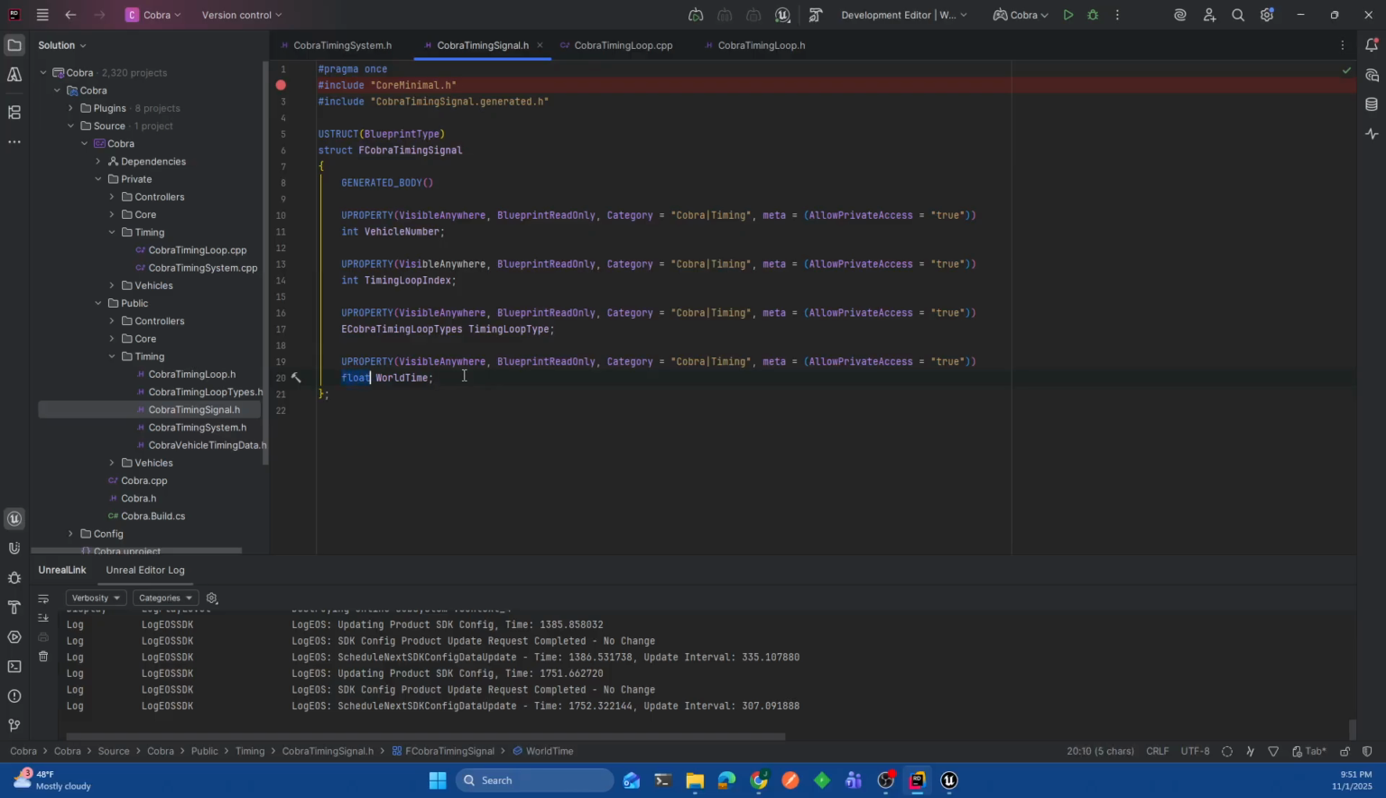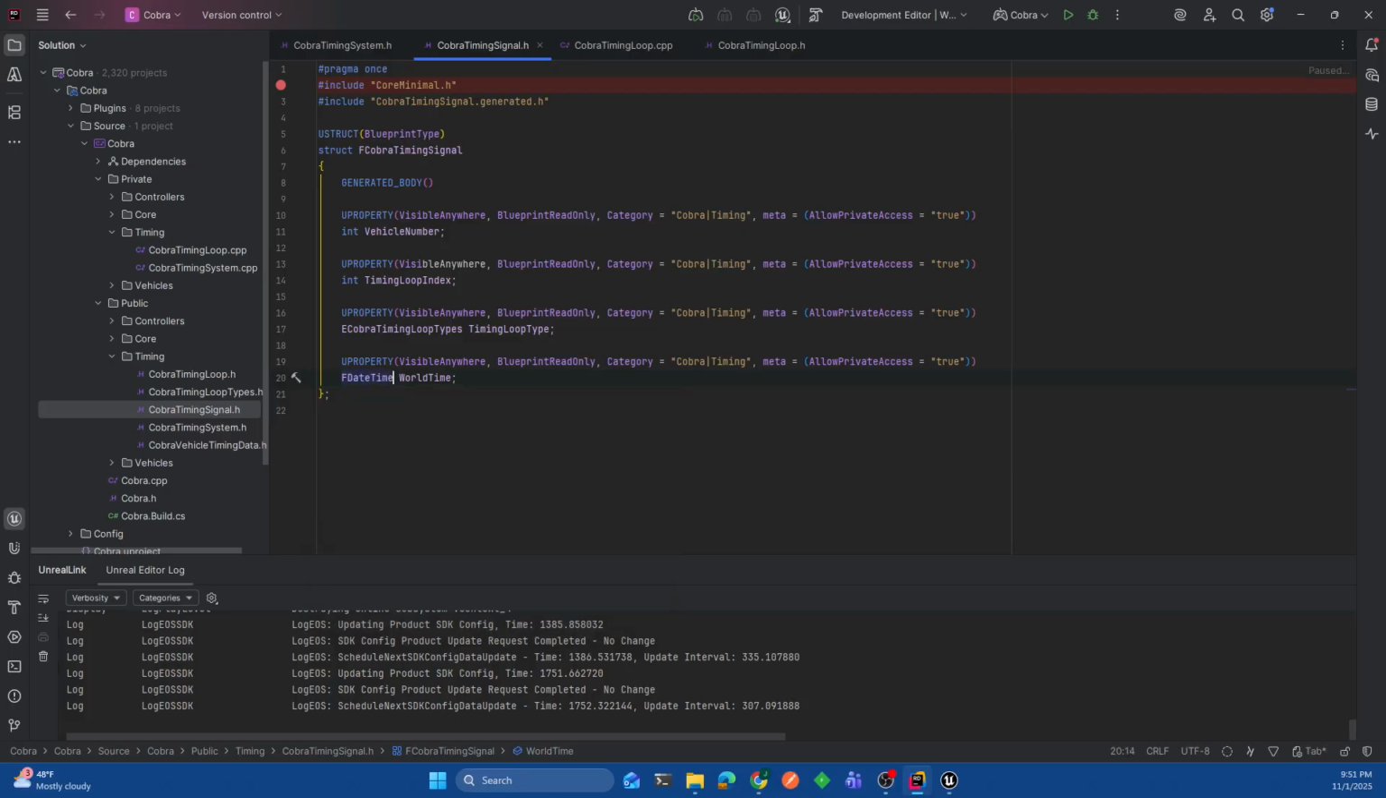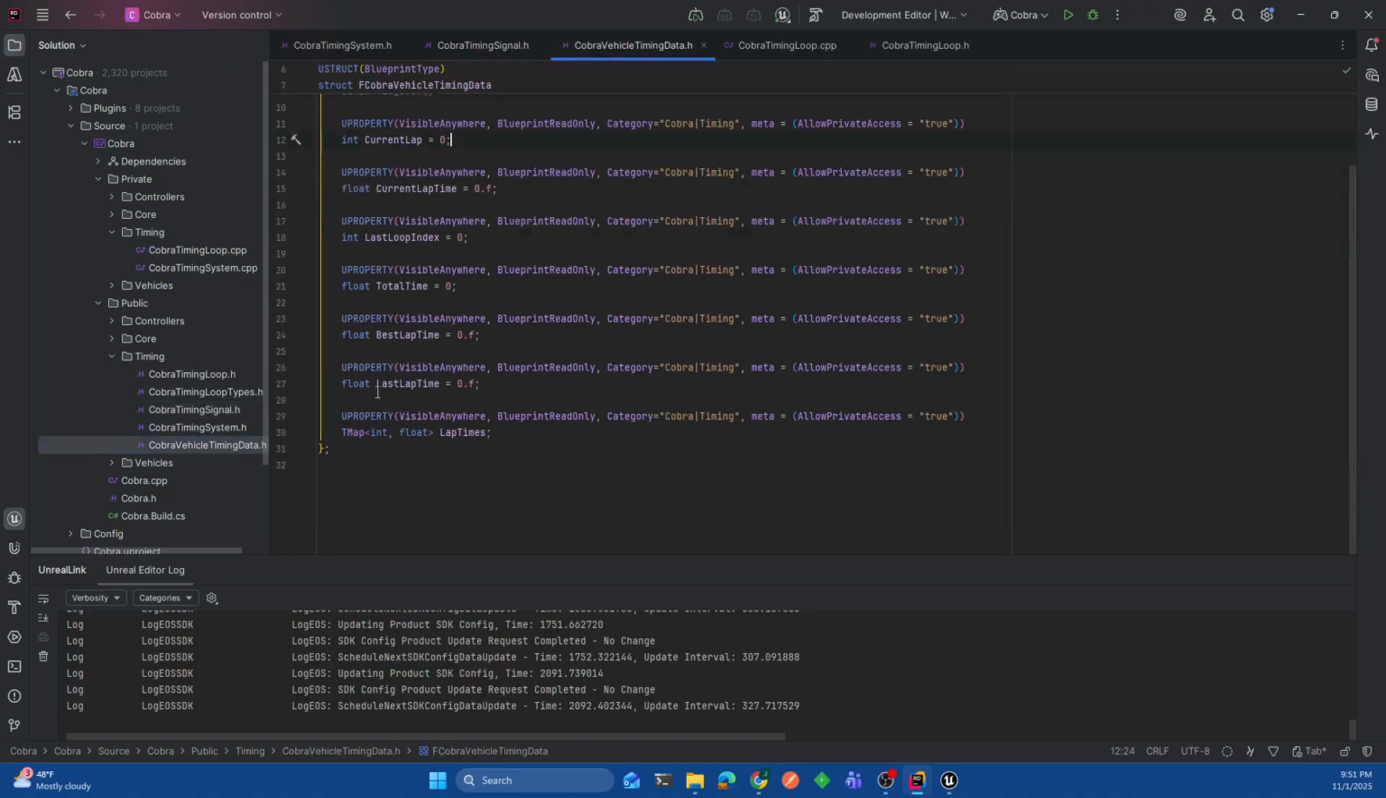I think I want this to be an F date time, and I think the vehicle timing data, I want this to be an F time span, last lap time to be an F type time span, and then that lap times to be a time span. I think that's what I want to do, and for now I'm going to leave game mode, game state all out of it, and just call when I send the signal,